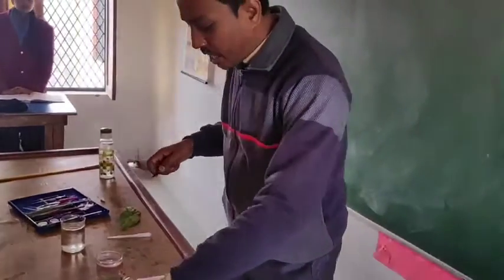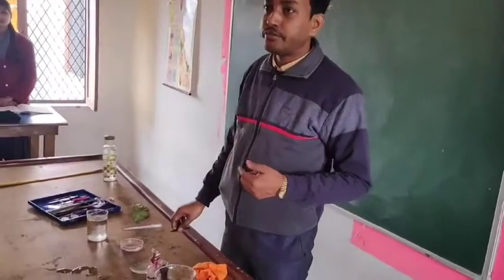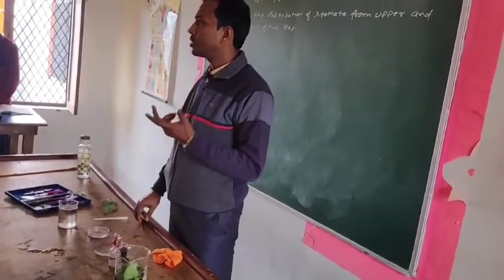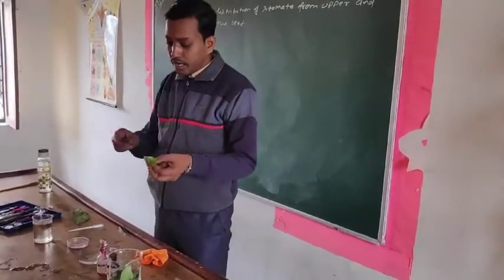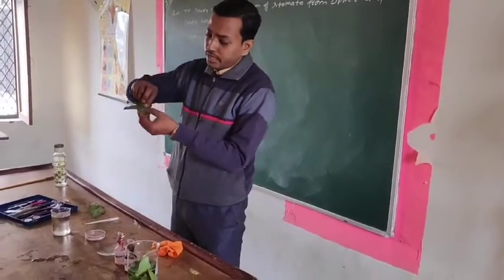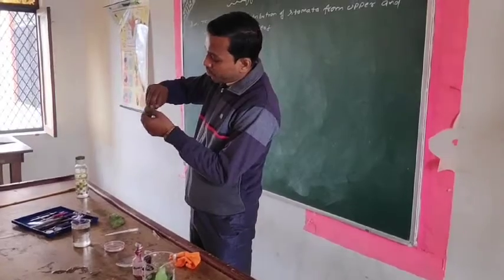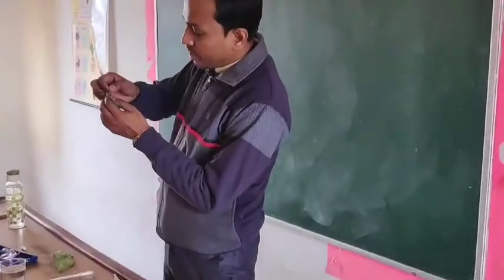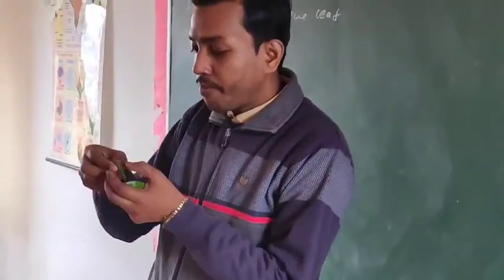After that, we need to remove the leaf peel from the upper surface of the leaf. The method to remove the leaf peel from the upper and lower surface of the leaf is common, but this is the method for removing the leaf peel from the lower surface. What is the method to remove the leaf peel from the upper surface? So we need to extract the leaf peel from the upper surface of the leaf. Keep in mind, this is the leaf peel from the upper surface.